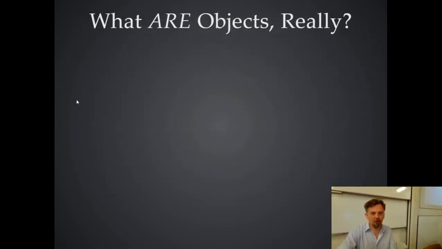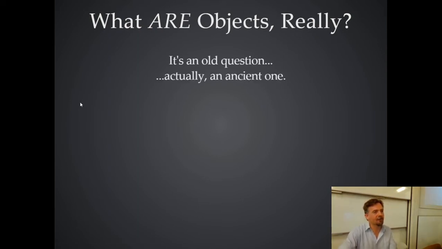Okay, well, let's go back to what we're trying to talk about, which is objects. Turns out the question of what is an object is an old one, actually an ancient one. It's an old philosophical question. Anybody know about the ship of Theseus? Some of you do, that's good. So the ship of Theseus is the story told by Plutarch about Theseus, the founder of Greece. And the story is that Theseus and his mates went out on their boat and conquered a whole bunch of parts of the Mediterranean or whatever, and eventually settled in Greece.